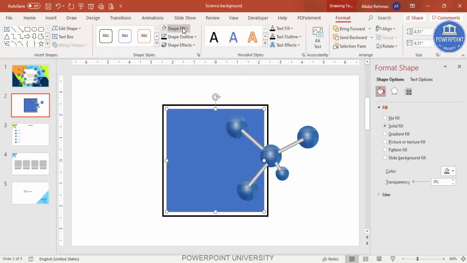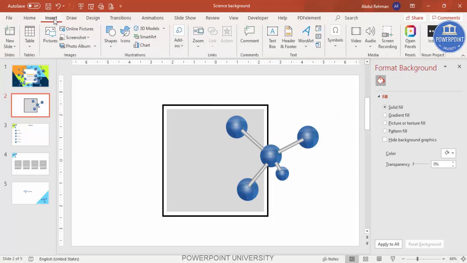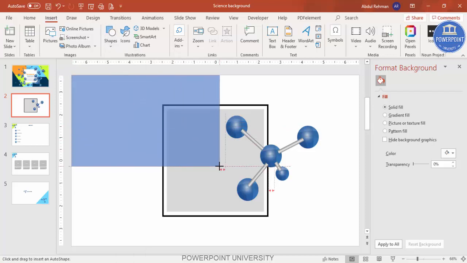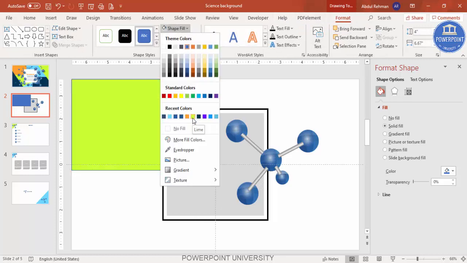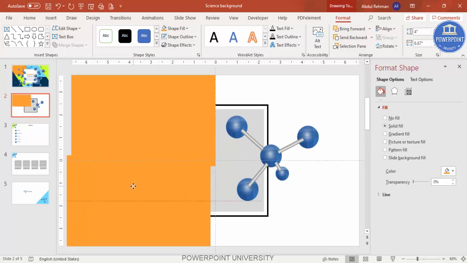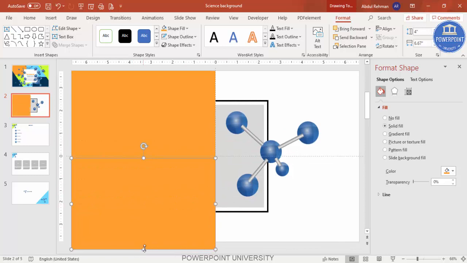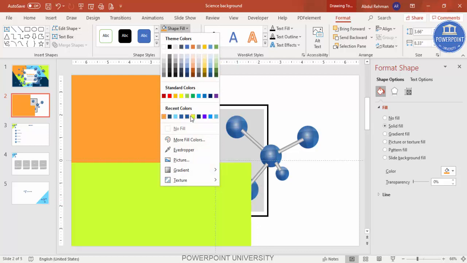Now we can just change some other color so that we can add some backgrounds. To add the background, I'm going to insert shapes, select the rectangle. I'm going to select one rectangle till this part. Let me just enable the guides, you can see here, and I'm going to give a different color. Let me just go to format, shape fill, I can give some orange color, shape outline, make it no outline, and press Ctrl D. I'm going to add one more here, maybe I can increase the size a little bit more, and then I'm going to give maybe this color,